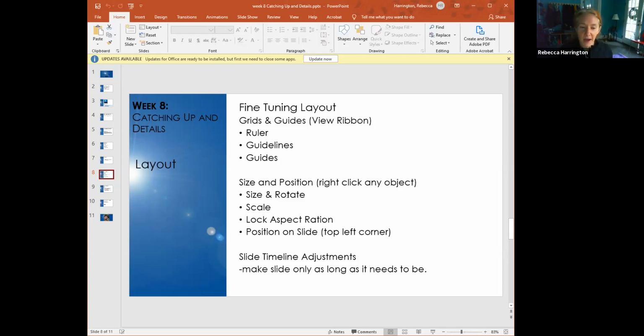And then we're also going to talk about the slide timeline adjustments. The timeline is that part at the bottom of the screen. Sometimes they end up really long, and it's just a static slide. And while it doesn't necessarily matter how long the timeline is on some things, Articulate will do some calculations of how long it would take somebody to get through the program. And sometimes you want that data, and it's good for that to be accurate. So we're going to talk about how to, and these are really the fine tunings as we're getting ready to publish. We're getting towards the end of doing the content portion.